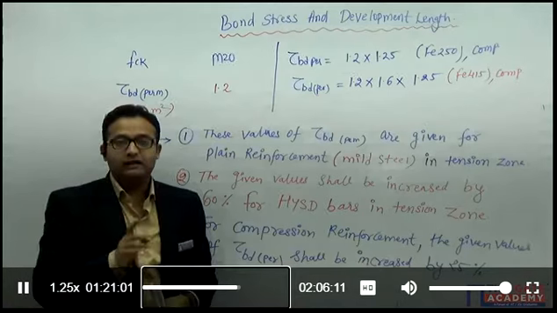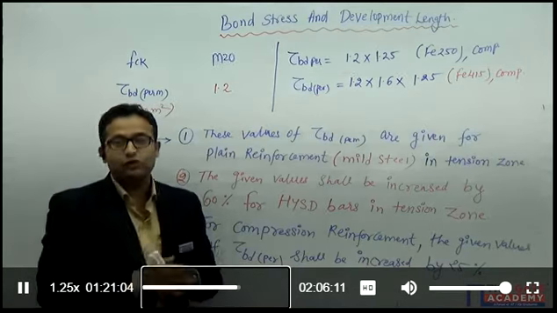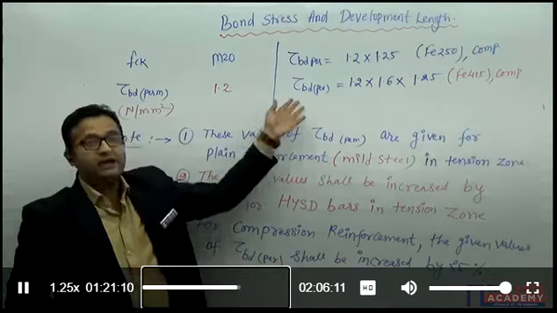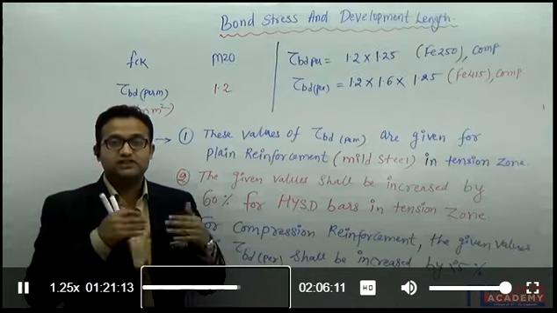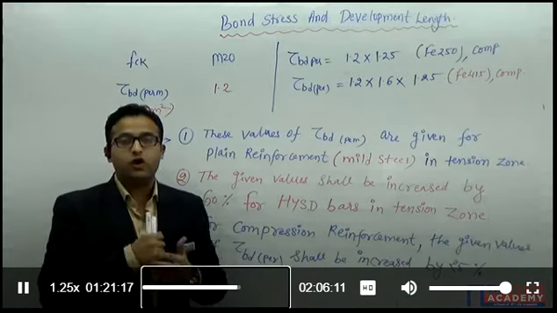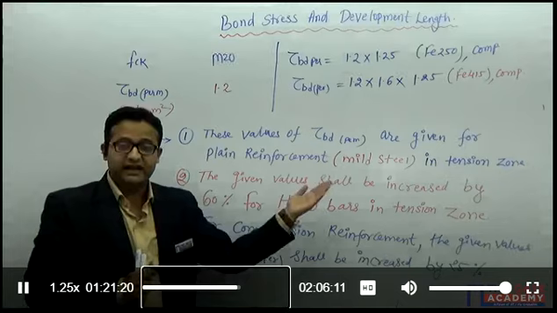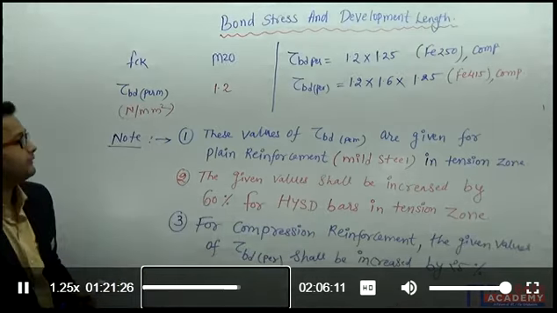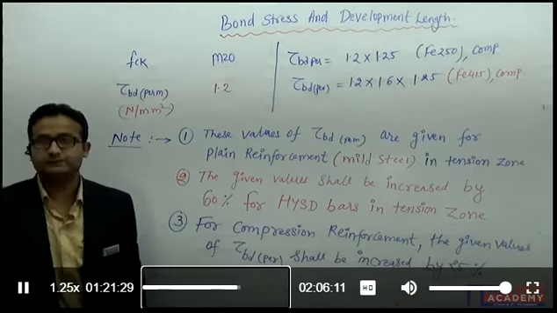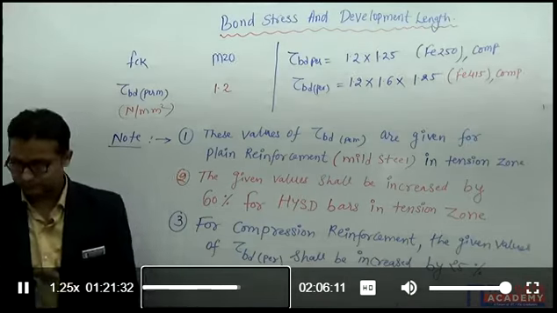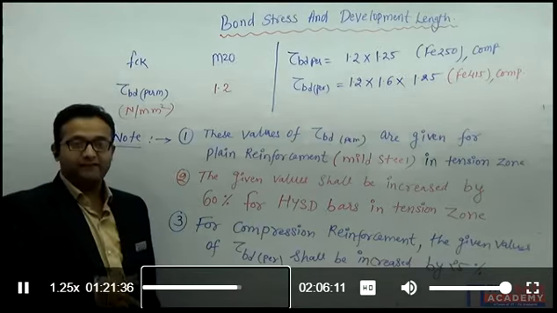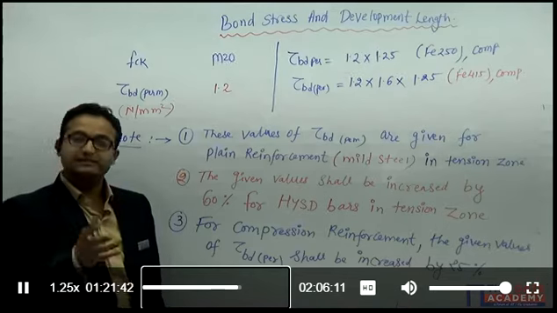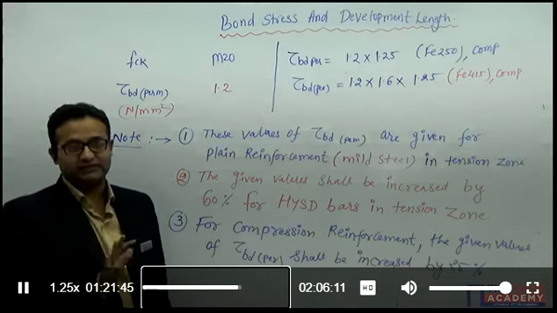I have calculated tau BD developed, meaning the bond stresses which are coming due to the external loads or the external moments. And now we have calculated tau BD permissible also, which is the bond strength of the concrete. It depends upon the different grade of steel as well as the grade of concrete, right? Please note down this fast. In any case, your tau BD developed shall not exceed tau BD permissible, right? Means the stresses should be less than strength.